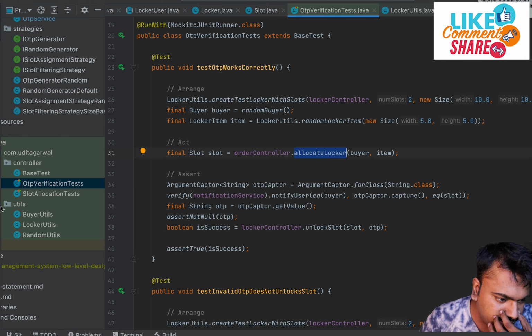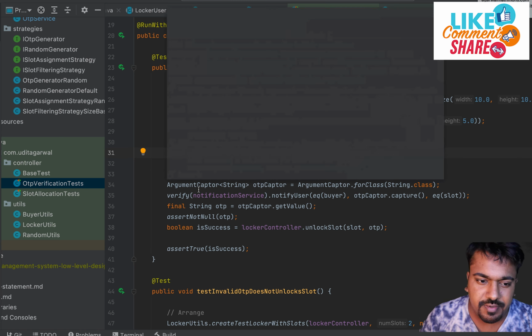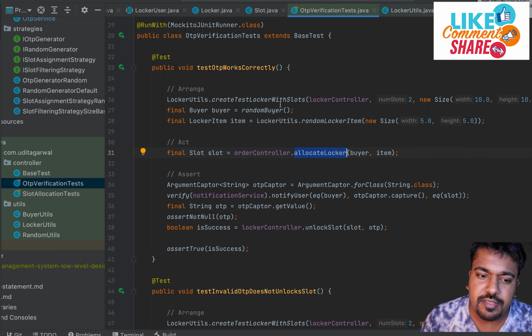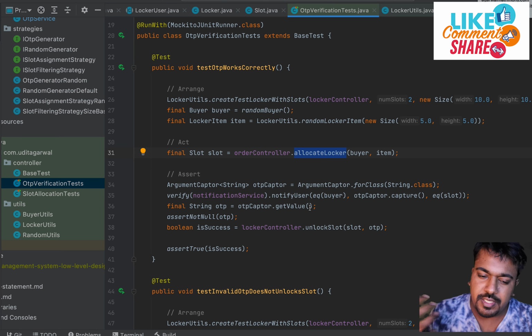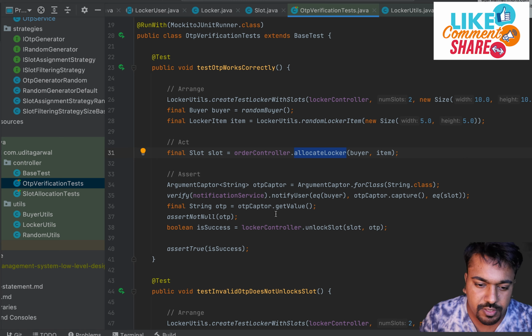I have written a few tests around OTP and slot allocation, and I will not go much into detail. I'll just tell you what tests I have written. This is one test I have written to check whether the OTP works correctly or not. Here we create some test lockers, test users, test items and all, and then we allocate the locker. When the locker allocation is done, we have to generate the OTP, then send the notification to the user, right? So that's what we are checking.